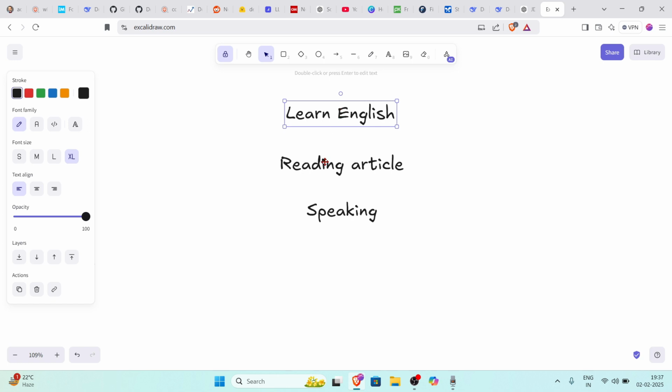For reading articles, you can use CNN. And for speaking, you can use this Google AI Studio. If you do it deliberately for 1 month, make sure to continue it for your entire life. And when I say entire life, it doesn't mean that every day you have to spend some time talking to it.